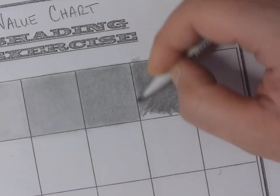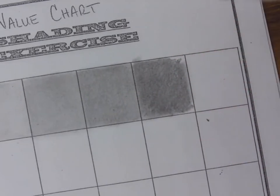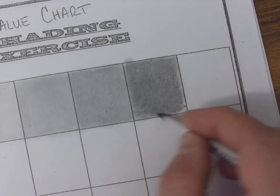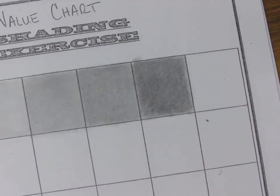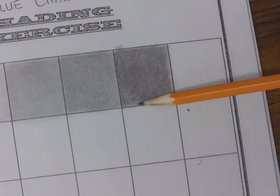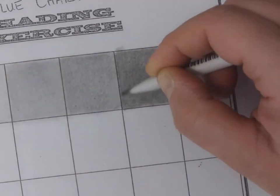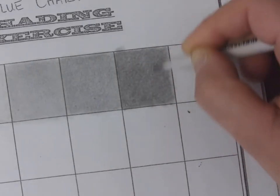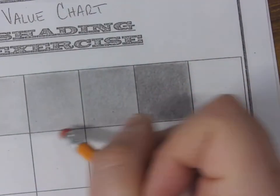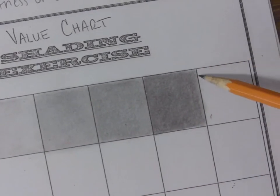Okay, and as I'm blending it, I'm kind of squinting at it, and I think that I have achieved a pretty good value here because it does look different than the one in the box before. I'm gonna add just a little bit more to the edge here to make sure that it's a consistent shade throughout the entire box. Okay, again, I'm going to post videos of this online, so there's no need for you to rush and finish it right now. And then the last one, I am going to